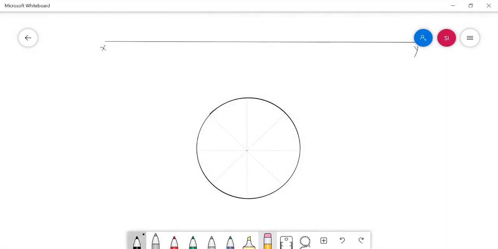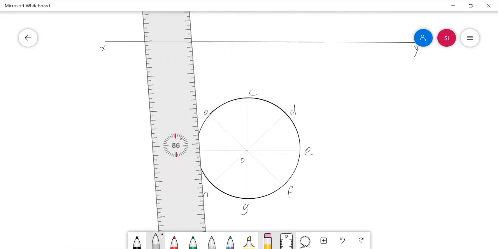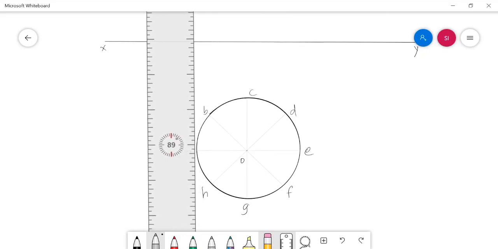It's a cone, so it has base generator points and an apex point. So they are A, B, C, D, E, F, G, H, and O. And now I need to project the generator points and the apex point.